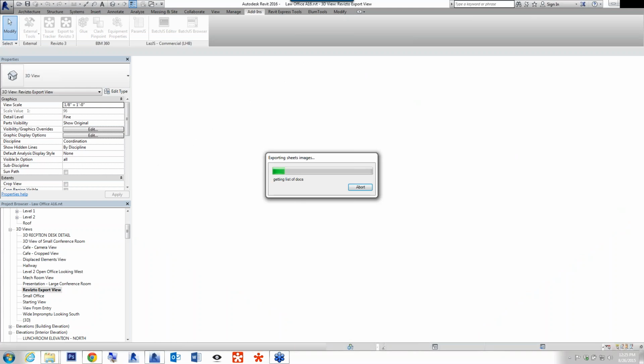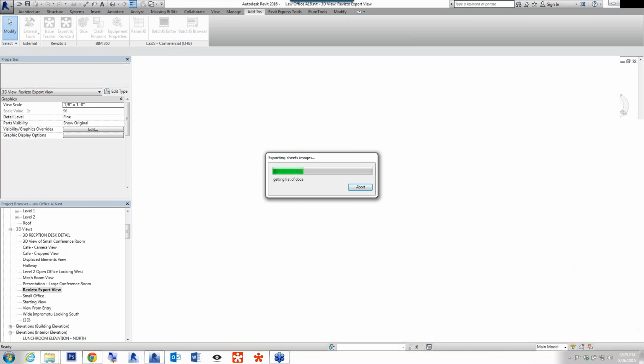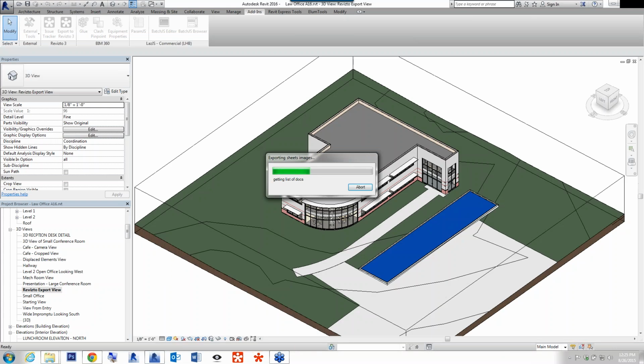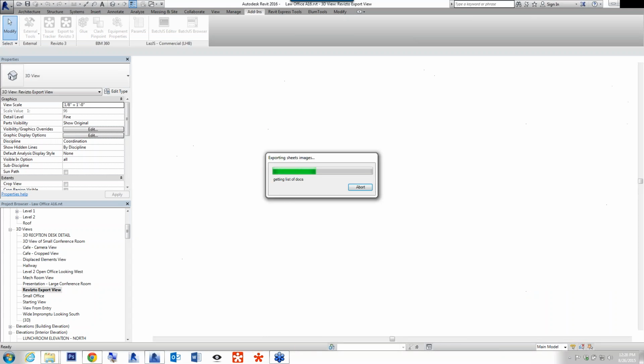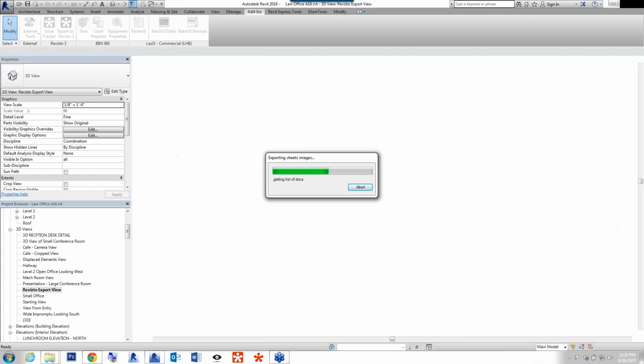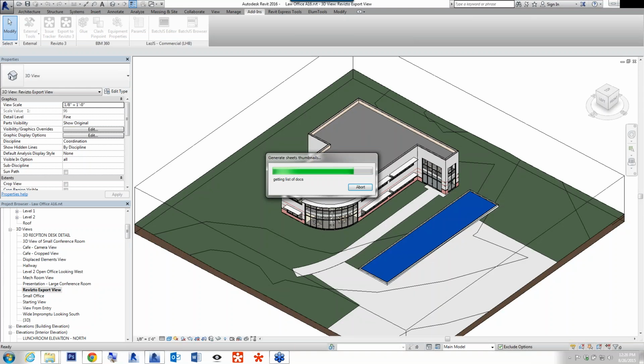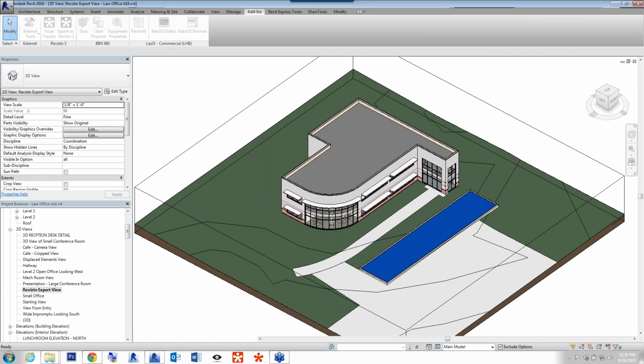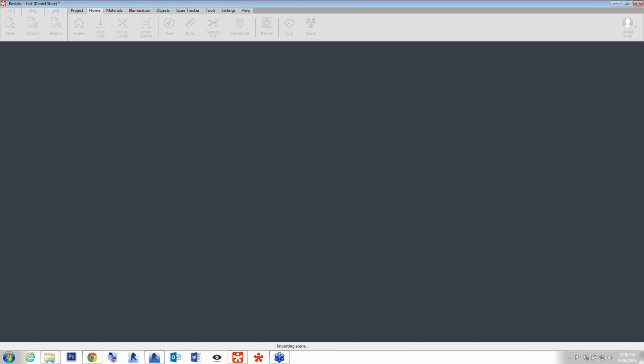Once we export this model into the editor, we'll be able to look at some things that we can adjust if we want to. We could go back into Revit and make some of these changes, but perhaps there's some quick little tweaks we want to make with materials or lighting or information associated with individual objects, and all of those things can be done in the editor without affecting the Revit model. In fact, any changes made in Revizto do not have a direct impact on the Revit model ever, so that's just important to know.